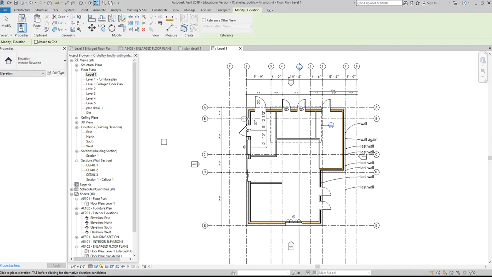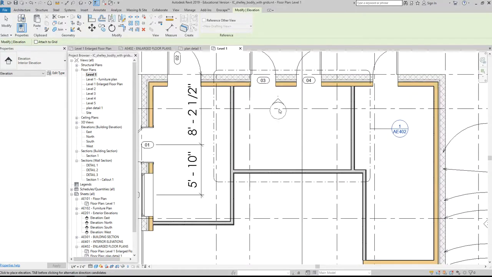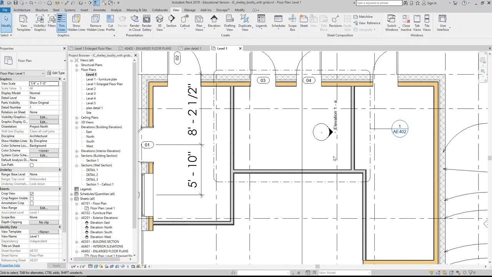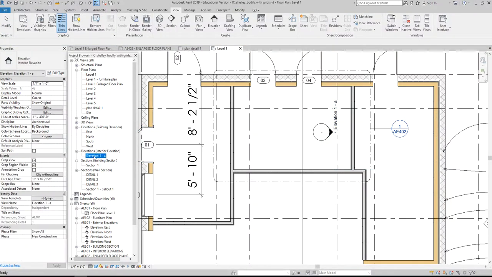Okay. The tag is a little bit different than the exterior elevation. And you notice that as I hover towards a wall, it sort of says, hey, look at that, something to look at, right? So I'm going to click and place it, and I've just generated my first interior elevation. Okay, you're going to notice that when I click and place, I get a little elevation line that designates where that elevation is showing. Okay, and if I look over here, the interior elevations actually do schedule themselves outside of the elevations, all right,